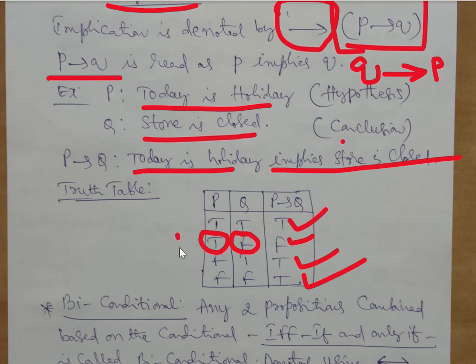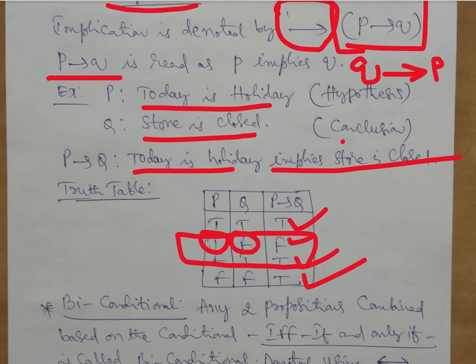But when first one is true and second is false, that's why I say P to Q, Q to P are not same. This is what it is meaning now. P implies Q is false and Q implies P is different. So you should be very careful here. So when we apply things like that, we should not be confused now. So P implies Q has a different meaning from Q implies P. So TF and FT.